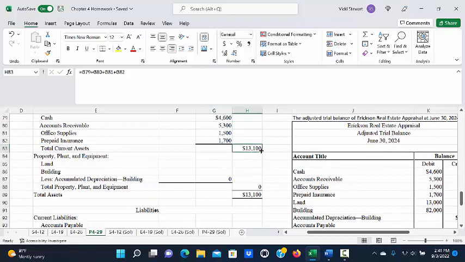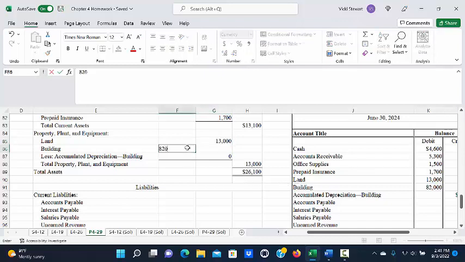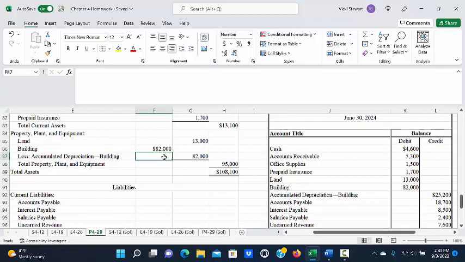And that gives us a total current assets of $13,100. As we continue down the balance sheet, we see that the company had land of $13,000. They had an original cost of their building of $82,000, and they have accumulated depreciation of $25,200, which the spreadsheet has netted to give us the book value for the building of $56,800, which when we add to the land gives us total property, plant, and equipment of $69,800, which we add to our total current assets of $13,100 to get total assets of